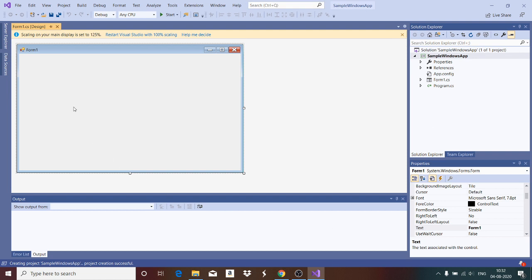You can observe here a form is already created and it is ready for you. When we talked about delegates and events, as a demo program for the event concept, we created a window and added a button.